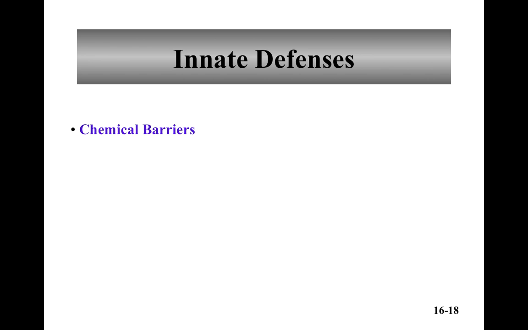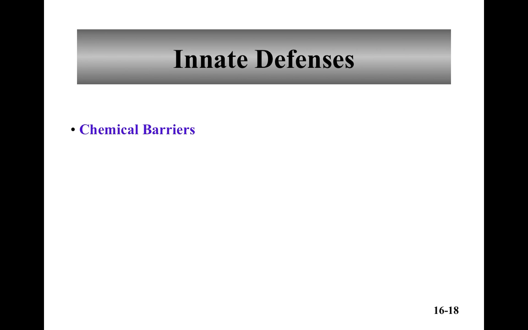Chemical barriers. Chemical barriers are things like pH extremes in the stomach. So in our stomach, we have a very low pH that kills a lot of bacteria and viruses. On our skin, we can have high salt concentrations. Enzymes, we have enzymes in various body fluids like our mouths, our tears, those kinds of things. Other ones,